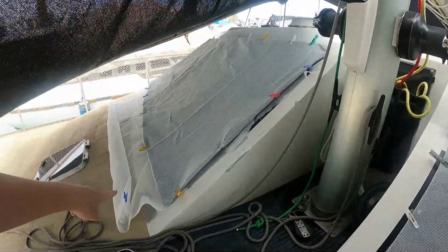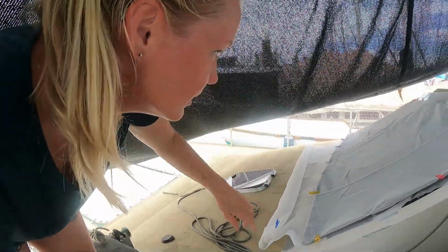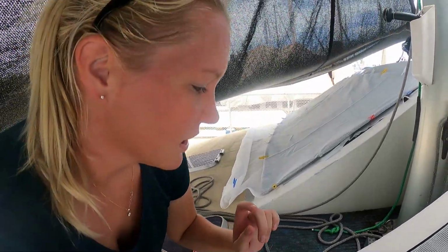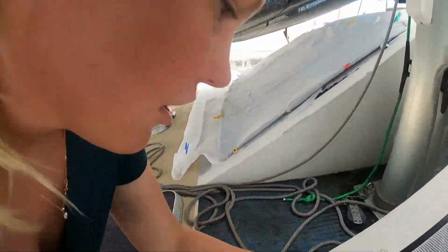And this is the other window as well. So that's what's going on with the front window. So we're gonna get this all cut and ready to sew on. And basically, we're just gonna sew the shade sail onto our original